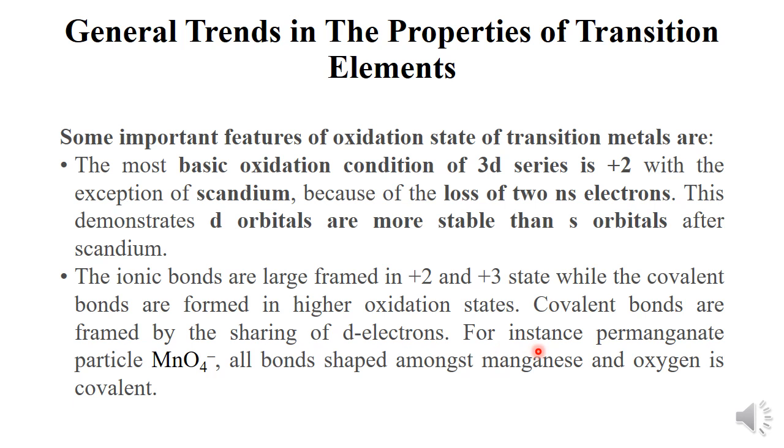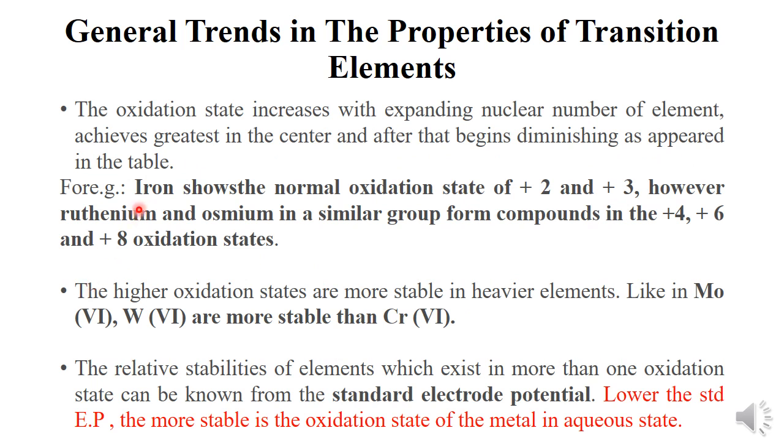For example, in case of the permanganate ion, the manganese can show the +7 oxidation state. So in this case, all the bonds which are formed between the manganese and the oxygen are covalent ones. कि जो आयनिक बॉन्ड है वो लोअर ऑक्सीडेशन स्टेट में बनेगा, whereas the covalent bond is formed in the higher oxidation states. Next is the oxidation state generally increases with increase in the atomic number of the element, that achieves